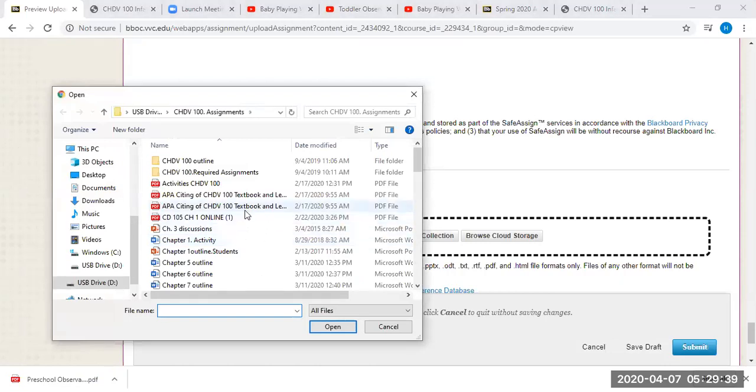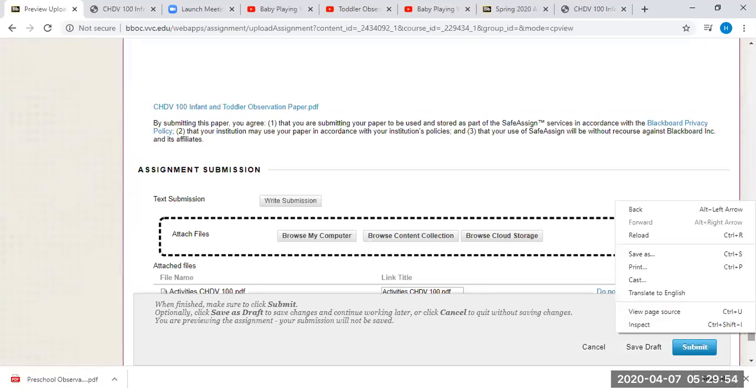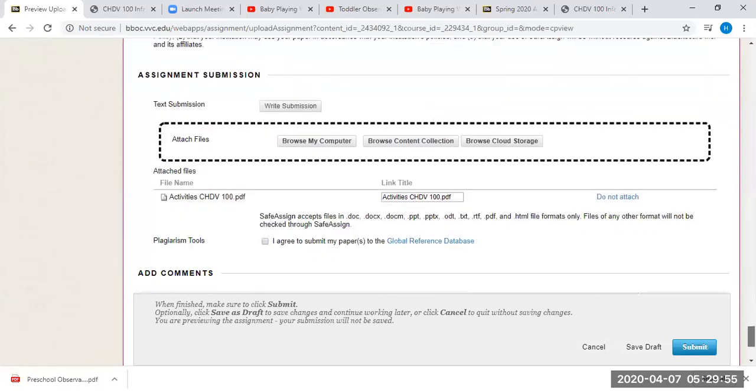I'm just going to grab activities, sure, why not? You have to click on the file that you want to upload. Remember, I want PDFs. You're going to push open. Then you're going to be able to see your actual attachment. If you can't see your attachment, with its file name, then that means it didn't successfully